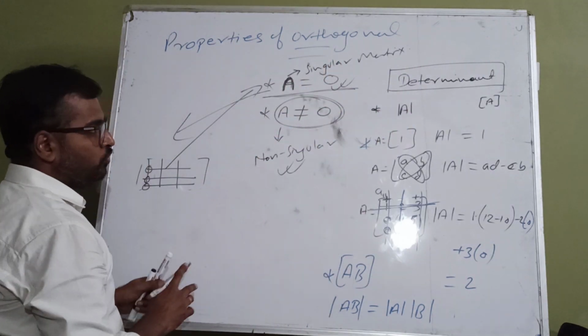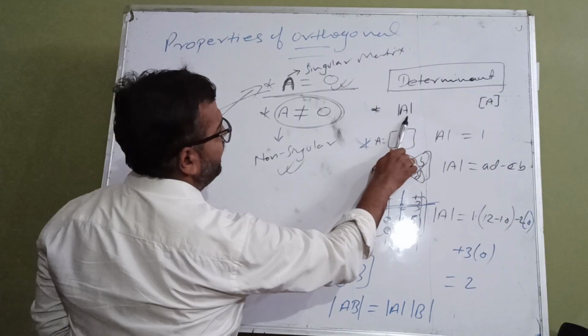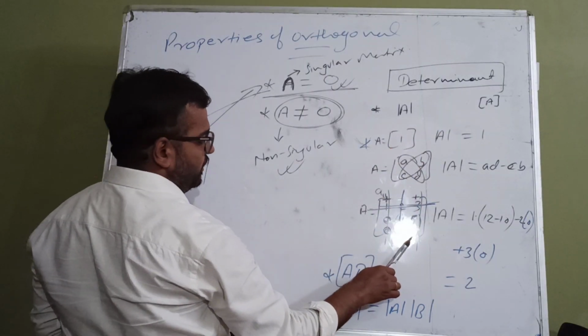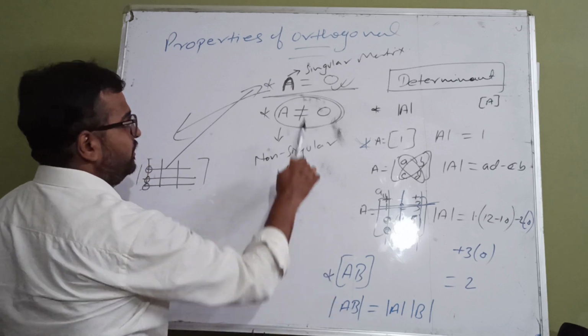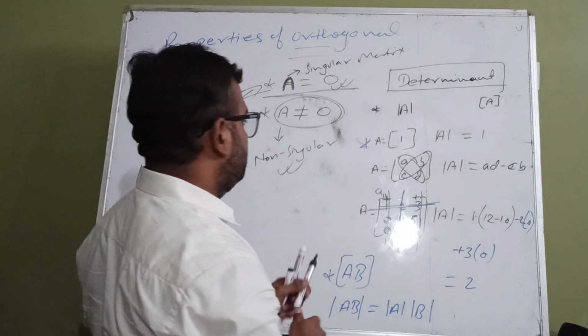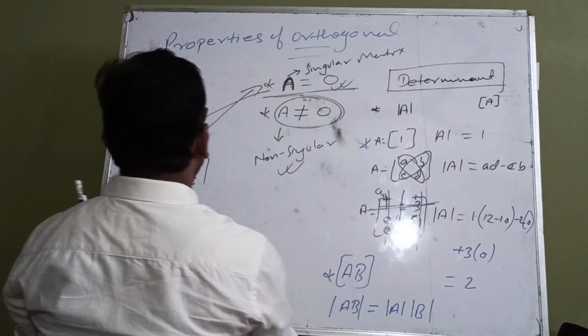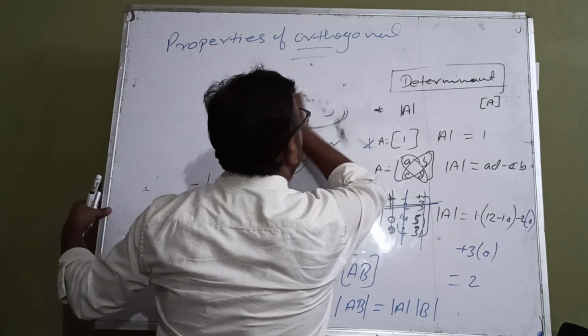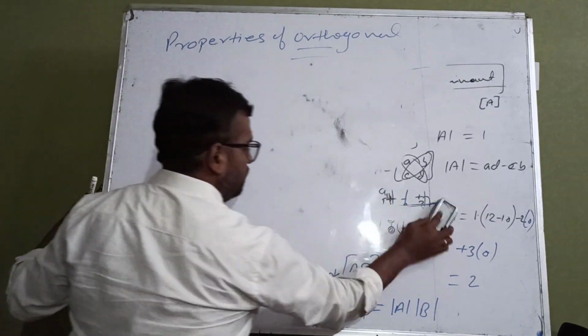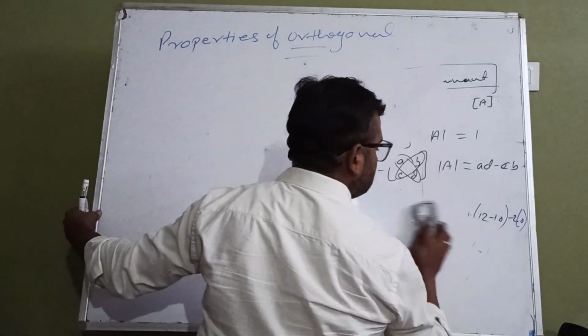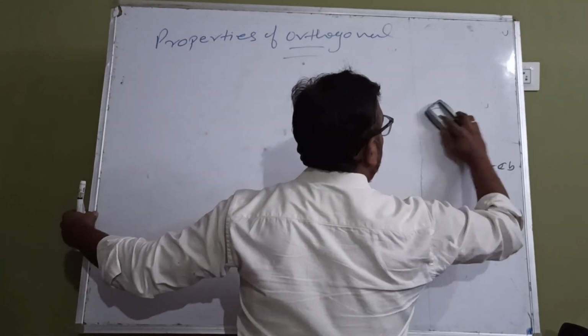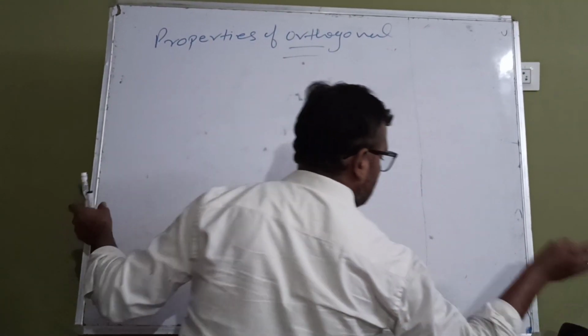Okay. So 4 points: basically determinant representation, how to find the determinant value, the product AB, singular and non-singular. You need to keep it in your mind. Now coming to the properties of the orthogonal matrix. The first property,